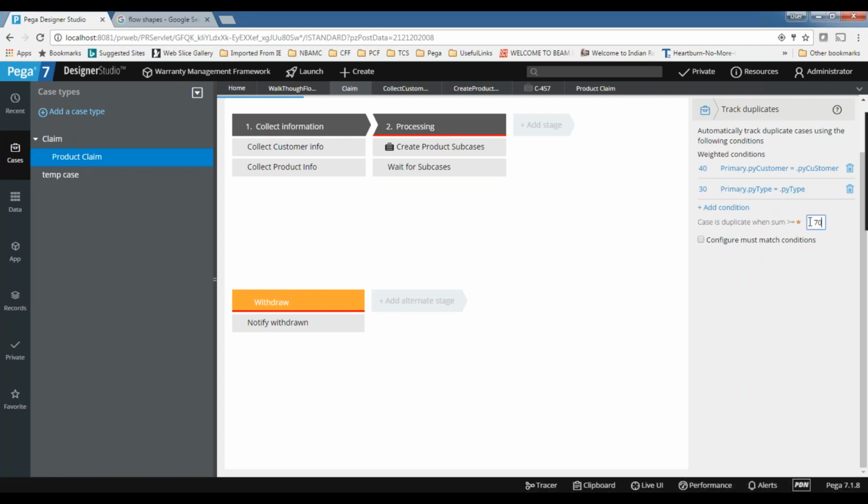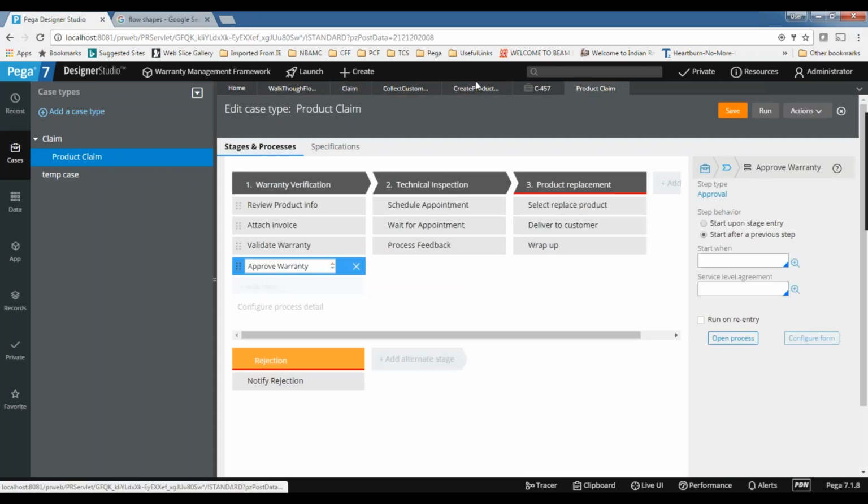But here I am saying 70 means when both are the same, when both are meeting, then only it will become 70%. So based on the requirement, you have to decide what is the weightage to make something a duplicate. Then if you define it like this, and if you use the shape in the flow diagram, so whenever the shape is encountered,